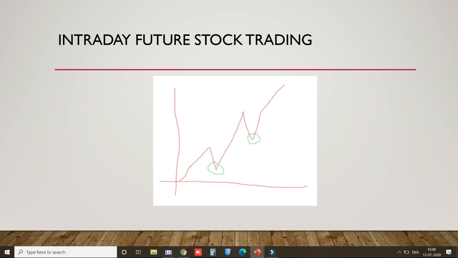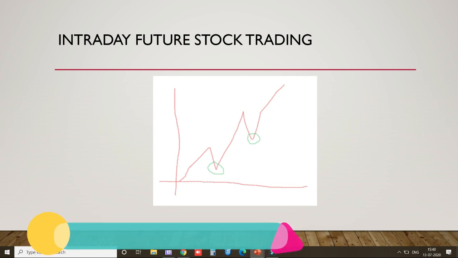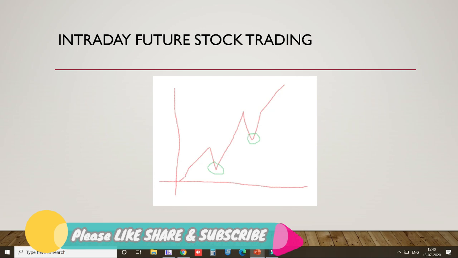So where do we have to buy or where do we sell? If it is an upward trend, then after the retracement at some point we have to place our buy order, and the stop loss is around 1% from the buying price. If the stop loss is not hit and it is going in an upward direction, then we have to trail our stop loss. Same thing, if the second retracement is done, we have to add to our quantity, or we might have to book our stock or index at this level.